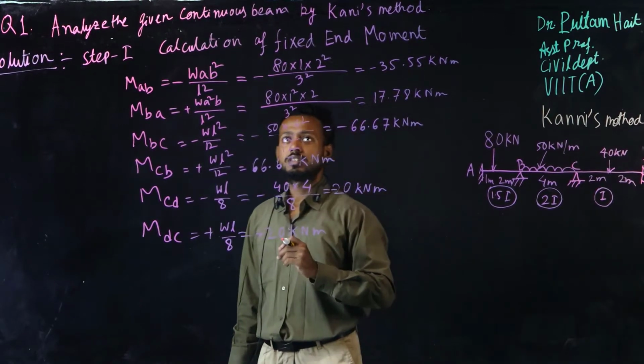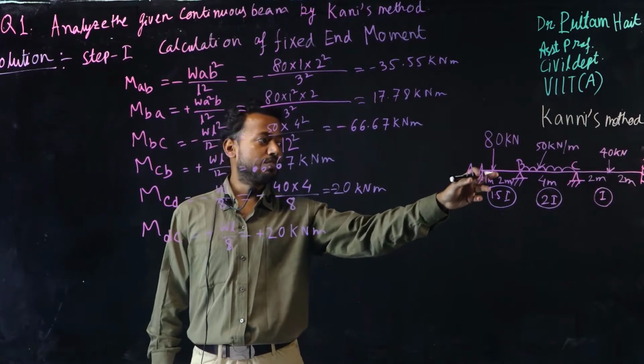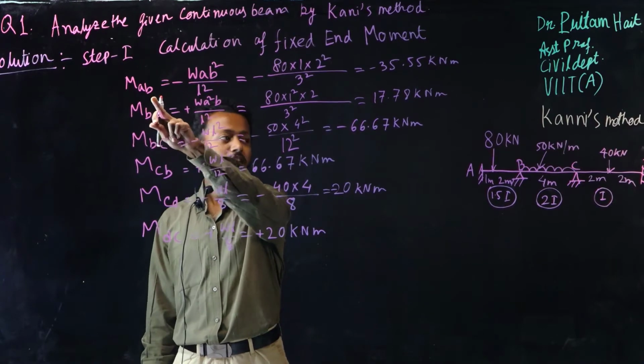So the first step is to calculate the fixed end moment for each and every span in the continuous beam. So MA, that is